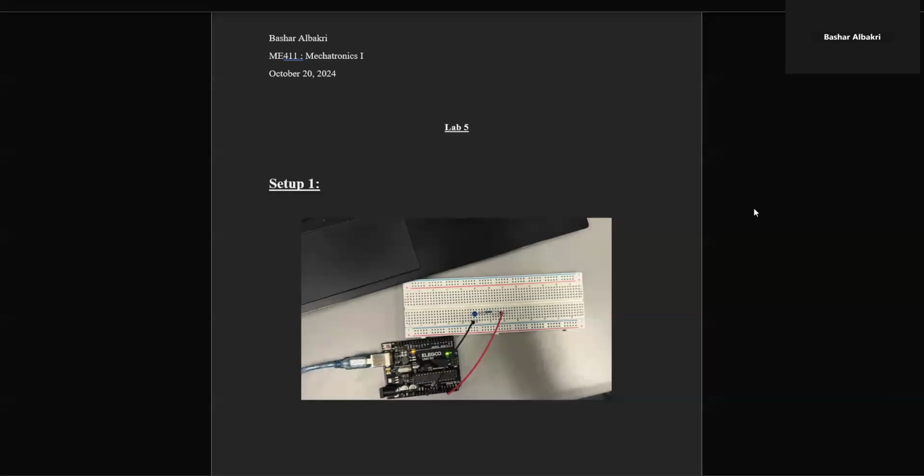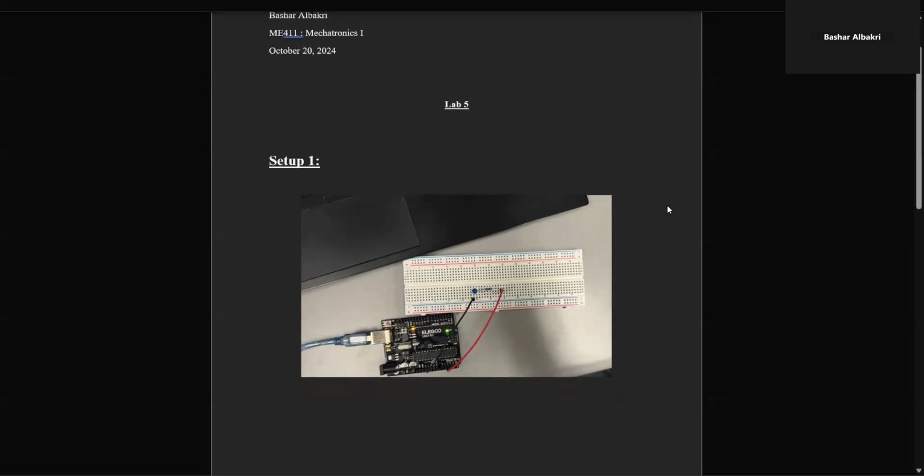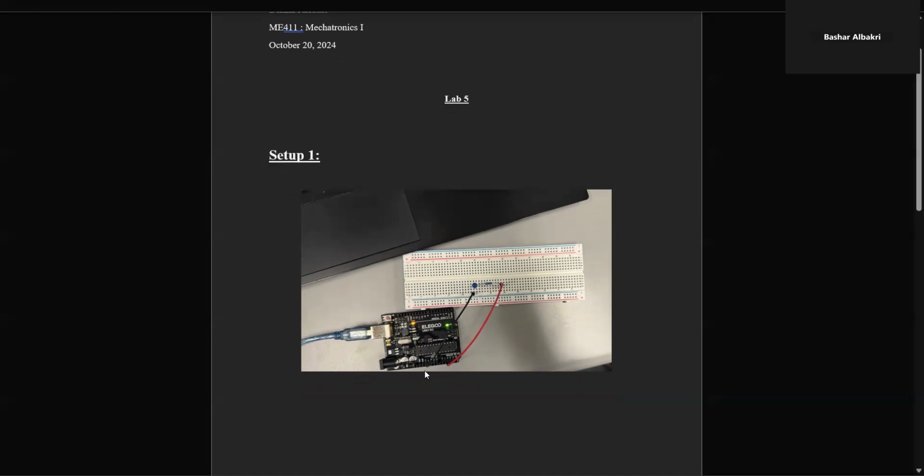Hello, everyone. This is Lab 5 for Mechatronics, and in this lab, we are using the Arduino to control the light bulb, whether it goes off or on. So there are two setups in this lab. The first setup is just a normal analog on and off for the LED over here, as you can see